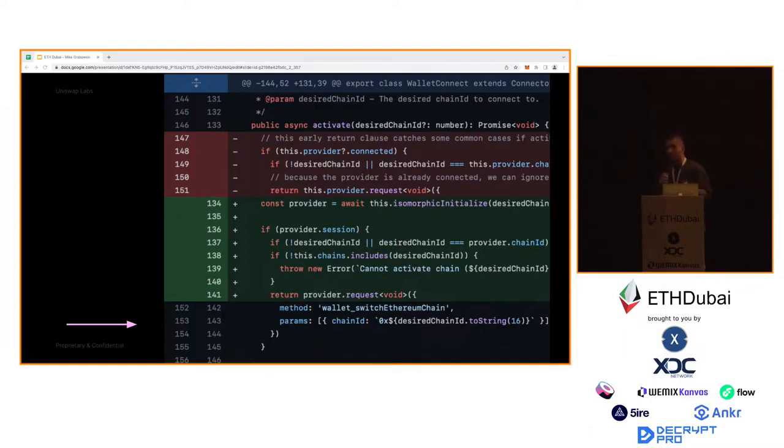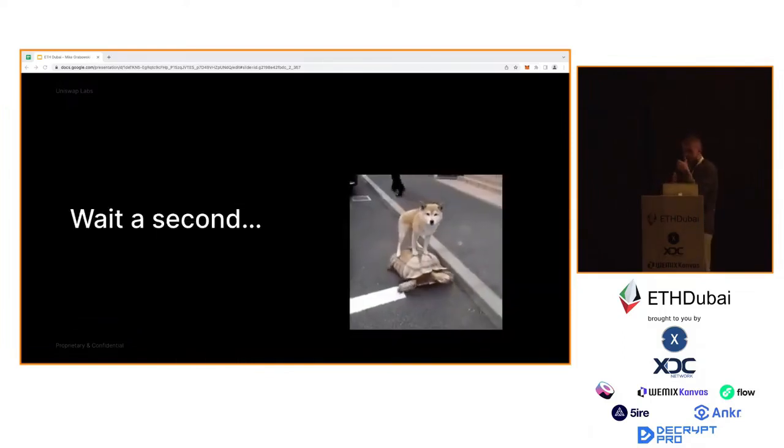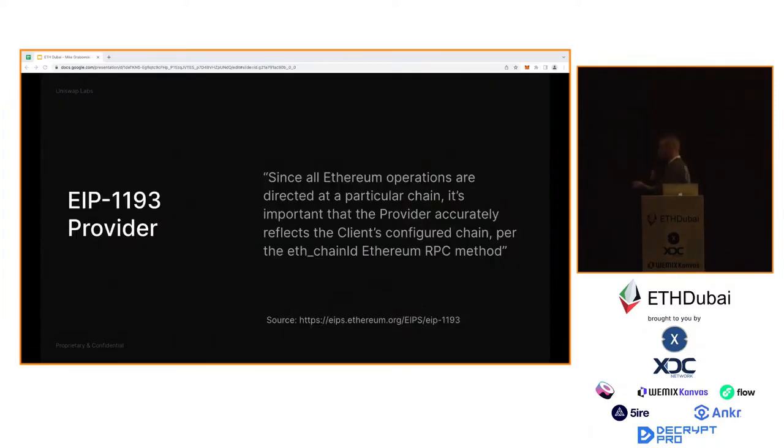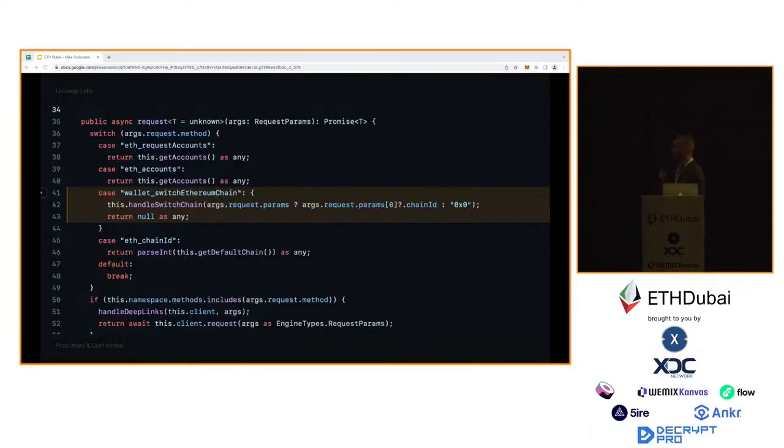You may be thinking, why do we change chains if I said this was going to be multi-chain, right? The reason is simple. It's because of the EIP 1193 specification, which says that each request has to be addressed against a specific chain. So the TLDR is that even if you have a multi-chain session under the hood, you have to have a higher level abstraction that is using a single chain on top of it. So in practice, it means that